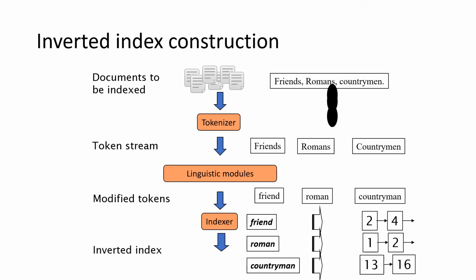Then we are going to index. Once the words are understood and tagged with whatever information we need, we will index them. The inverted index will essentially look like this. Those numbers are nothing but the document IDs, that is, web page IDs. Whatever web pages contain the word friend will be linked to the word friend, and similarly for the other words. This is how an inverted index looks.